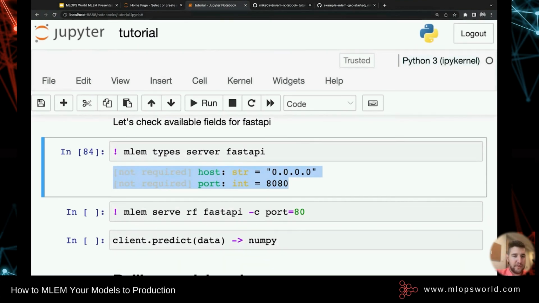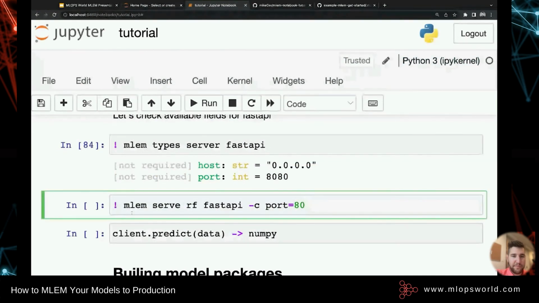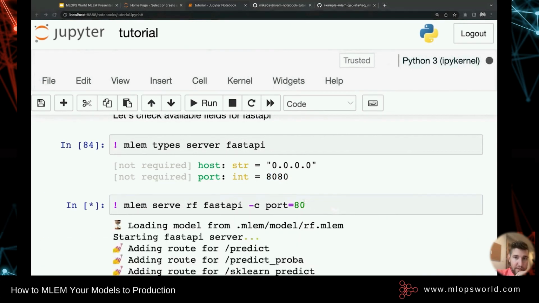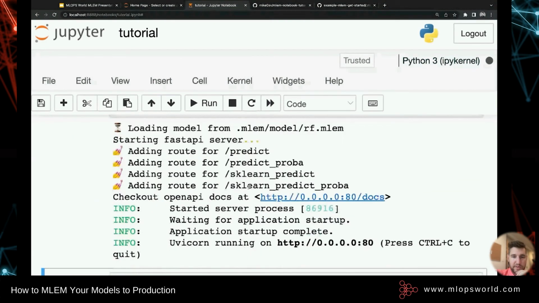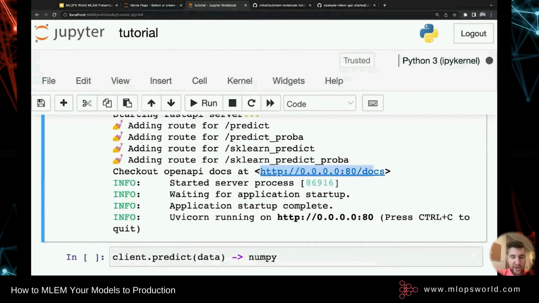Yeah, let's serve our model. So we use the mlem serve CLI command. Ref is the model name. FastAPI is the server implementation, and the option port equals 80. So default is 8080, but let's change that to 80. Yeah, so we see here that our server has started, and we can actually go and check